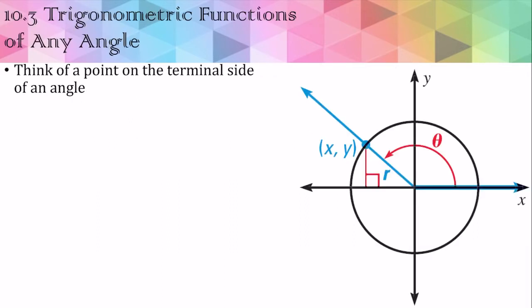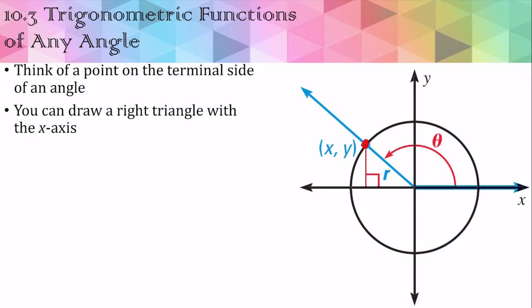All right, think of a point on the terminal side of an angle, maybe this point right there, which we'll call (x, y). You can draw a right triangle with the x-axis. So we have this nice little right triangle that's formed. The hypotenuse is r. So sine, which is opposite over hypotenuse,